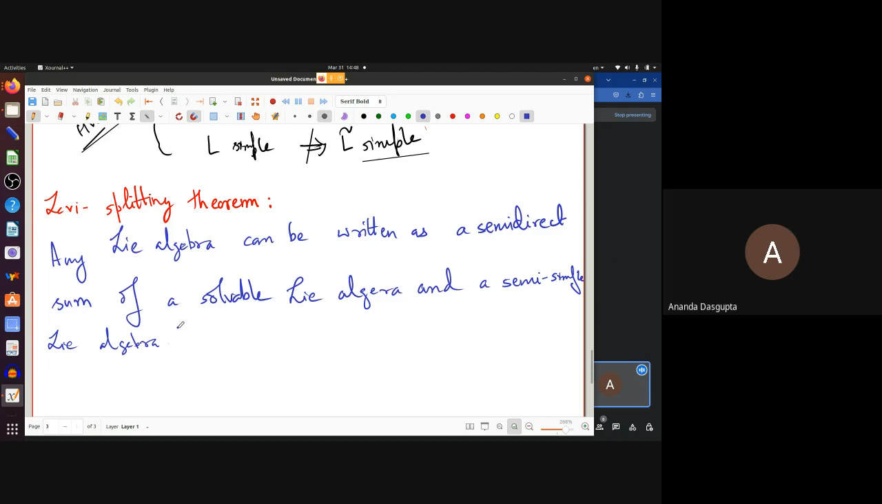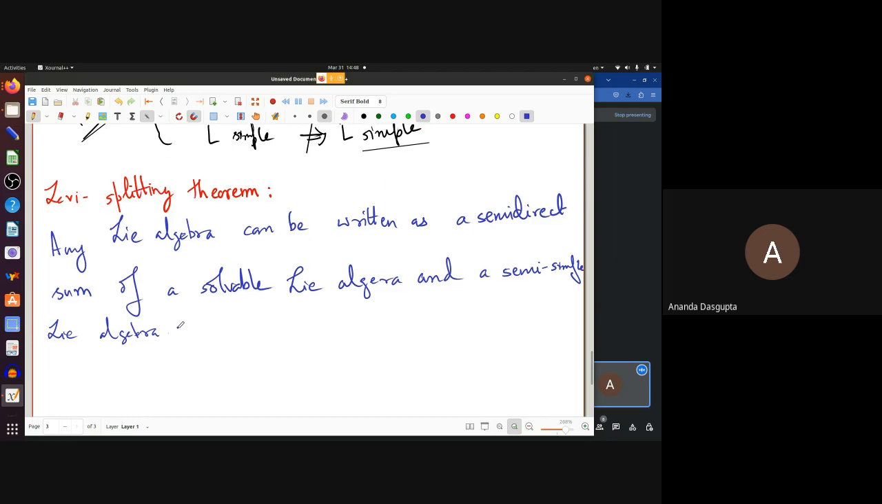That's theorem number one. Every Lie algebra actually is a solvable and a semi-simple Lie algebra. But what makes it even more important for us is another result due to Cartan, which is every